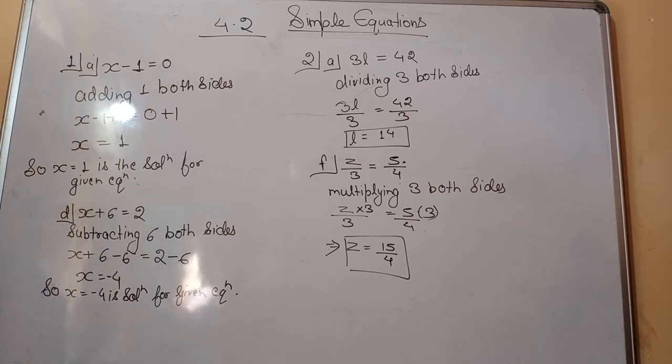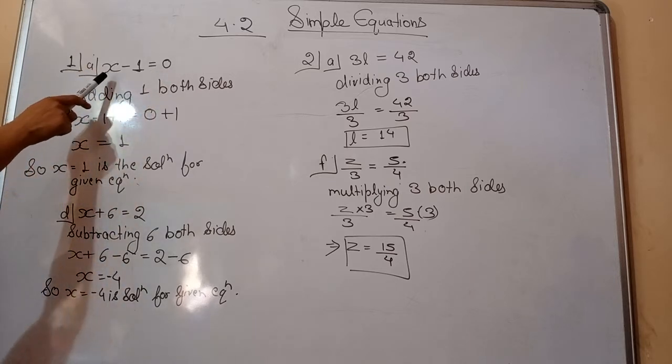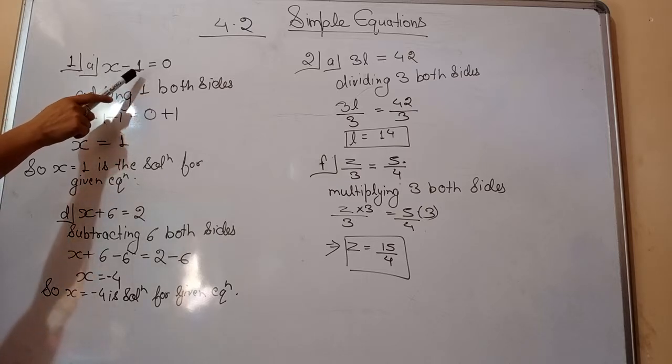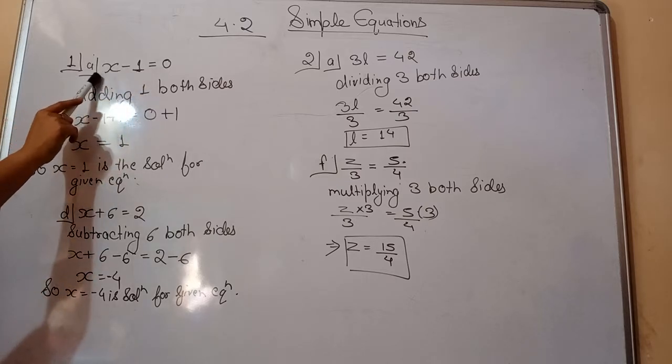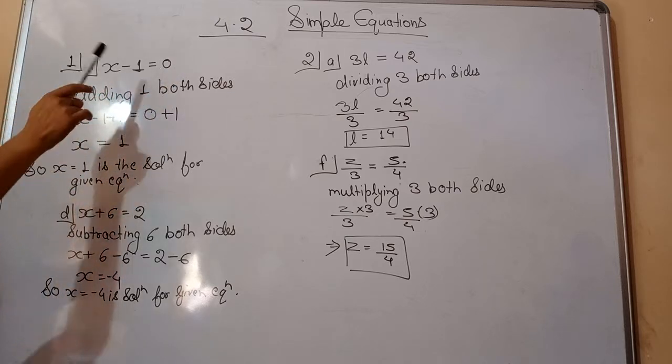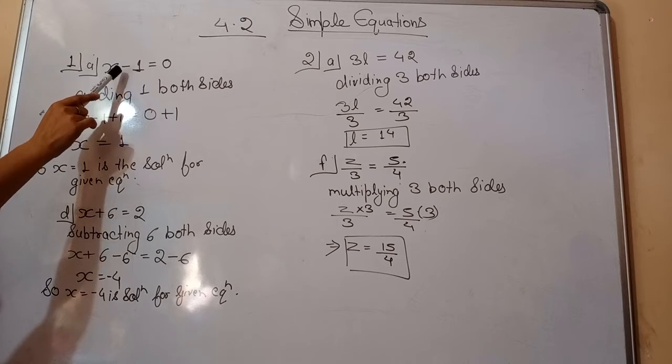You have to check the sign also. And what is the variable? Variable is x. Now see which constant is on variable side. Variable की तरफ कौन सा constant है? So here we can see 1 is on the variable side. This is RHS side. So 1 is on the variable side. But 1 is having which sign? 1 is having negative sign.